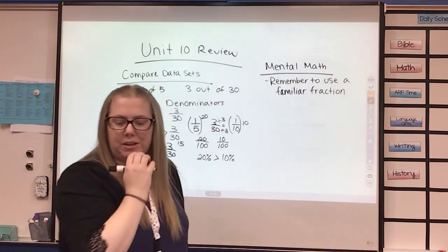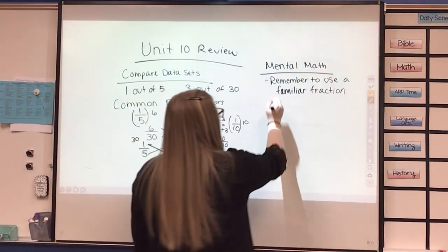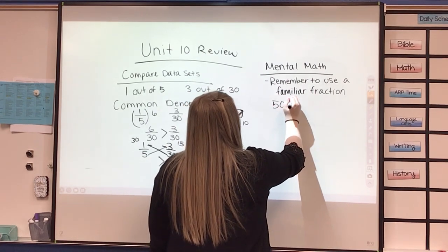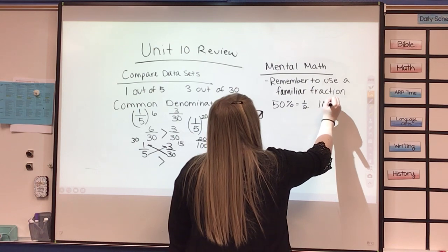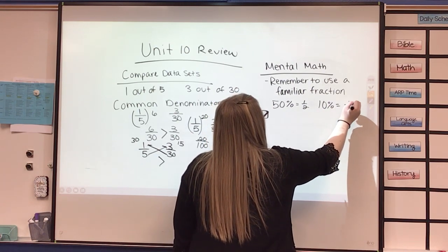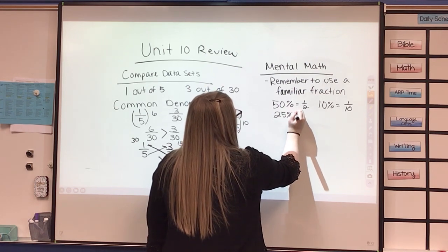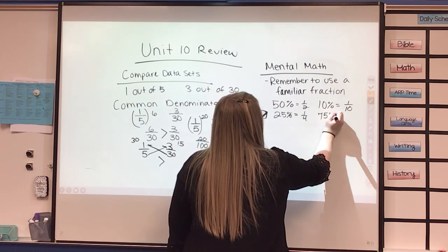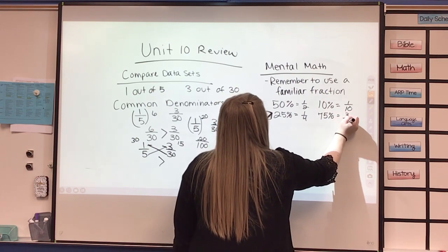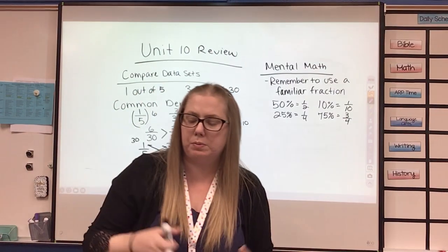Okay, and I'm going to give these to you again, just like I did in the lesson that I taught last week. So 50% is 1/2, 10%, 1/10, 25, 1/4, and 75, 3/4. Okay, so if I see any of those, I automatically know that I'm going to multiply one of those